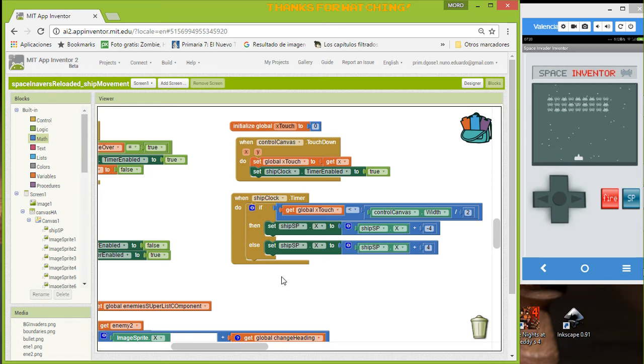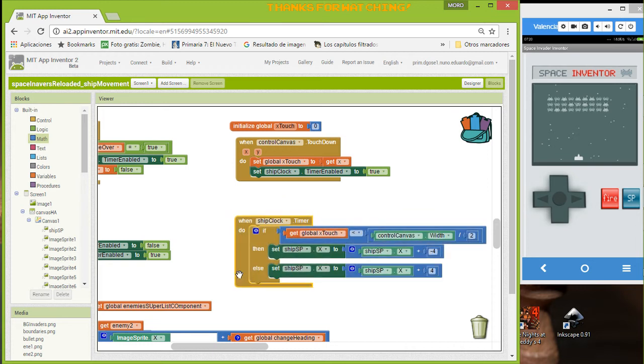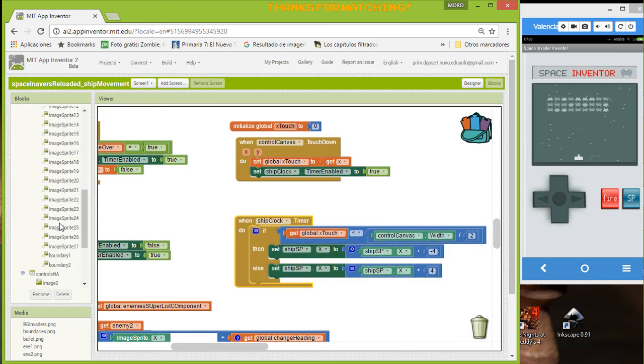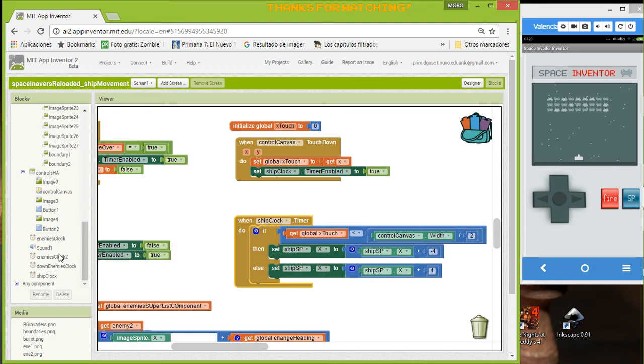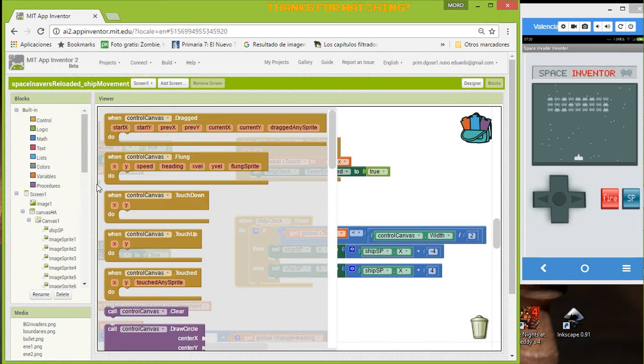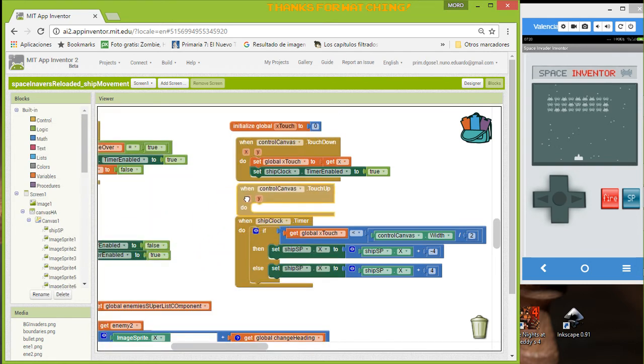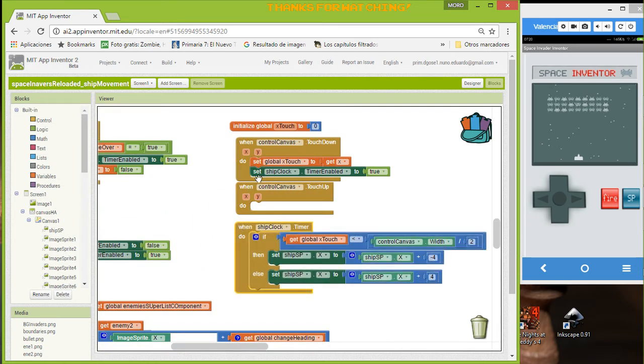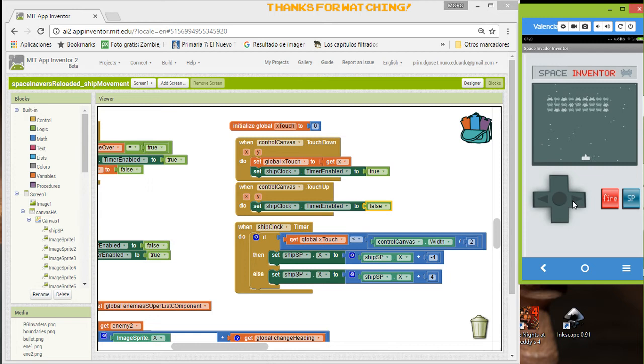Also touch down, when we have touch up, when we just remove the finger from the canvas to touch up. So maybe we can just set the ship clock to disabled, false, I guess. So now let's see what happens. We activate everything,